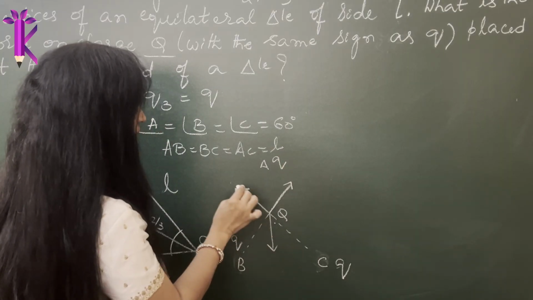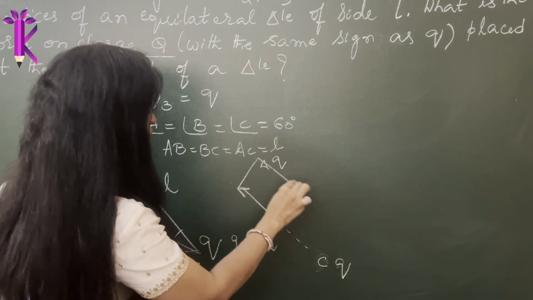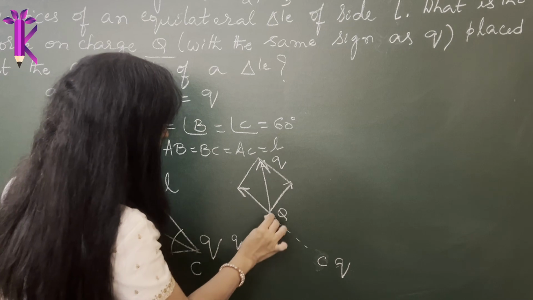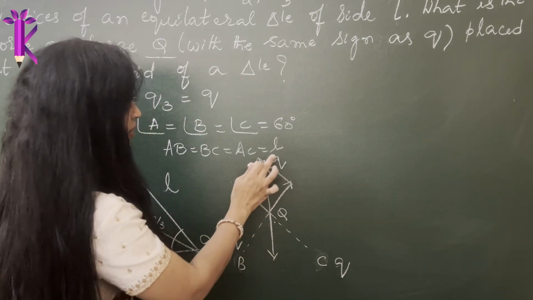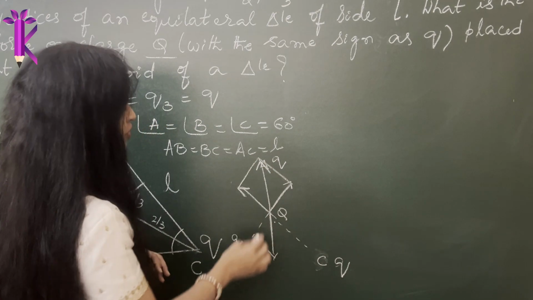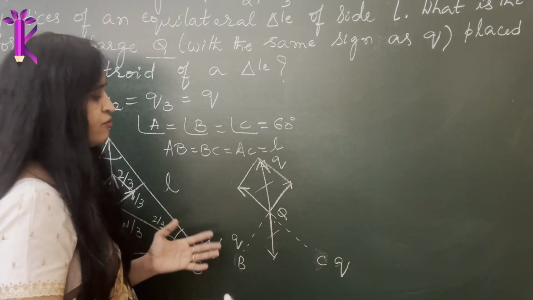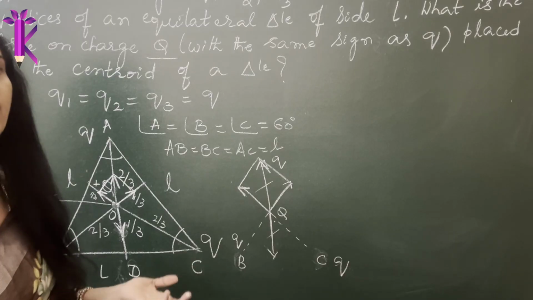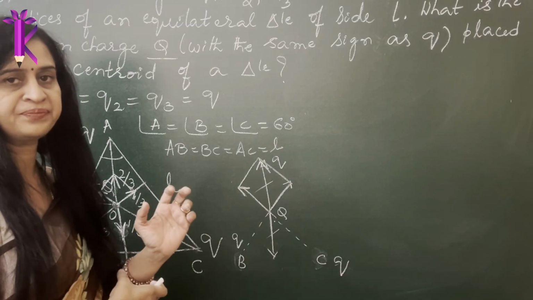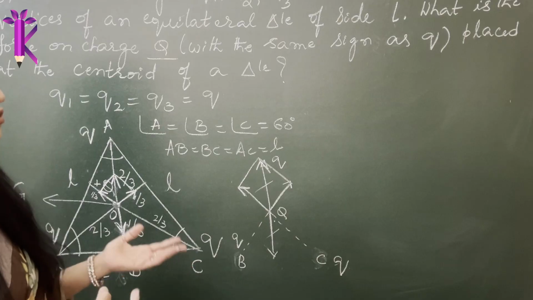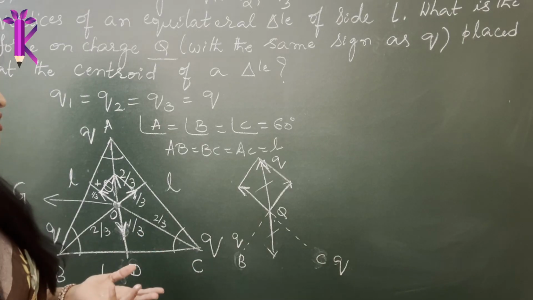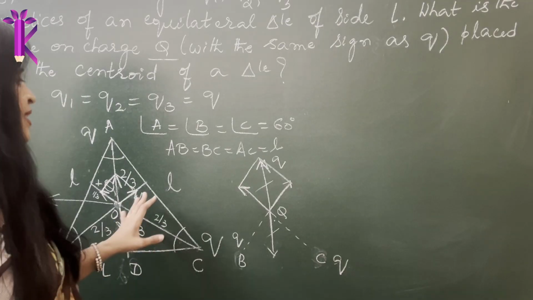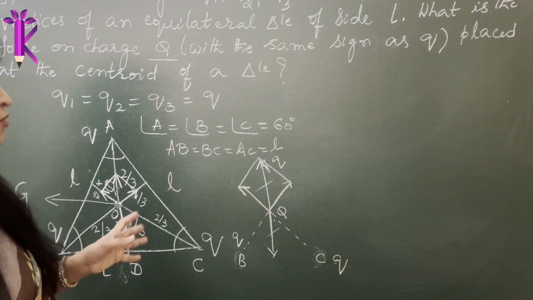Now, in order to find the resultant of these two forces, obviously you will use your parallelogram law of addition. So this has to be equal. Let me draw it equal length. So why is it equal? Because all the charges have equal magnitude. So since they are equal and opposite, obviously both people pulling you with the same strength in either direction, you won't move anywhere in accordance with Newton's law. So they are equal and opposite and they cancel each other. So obviously the force on the system due to the system of charges is 0.